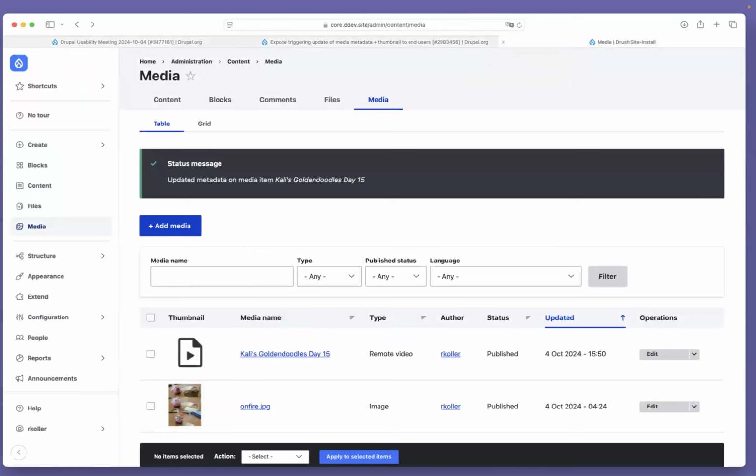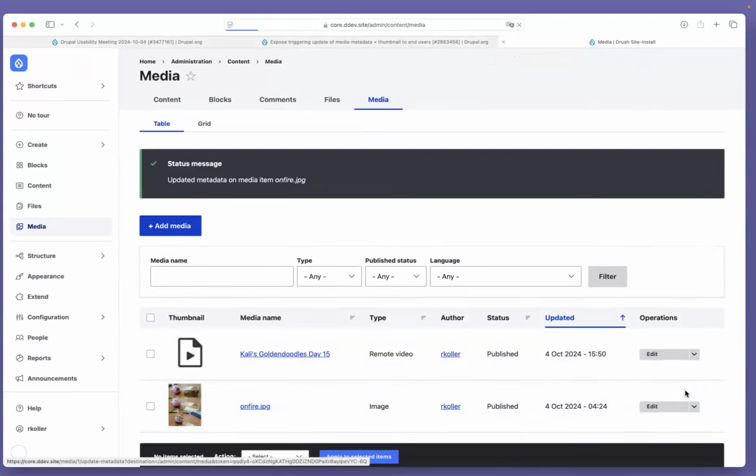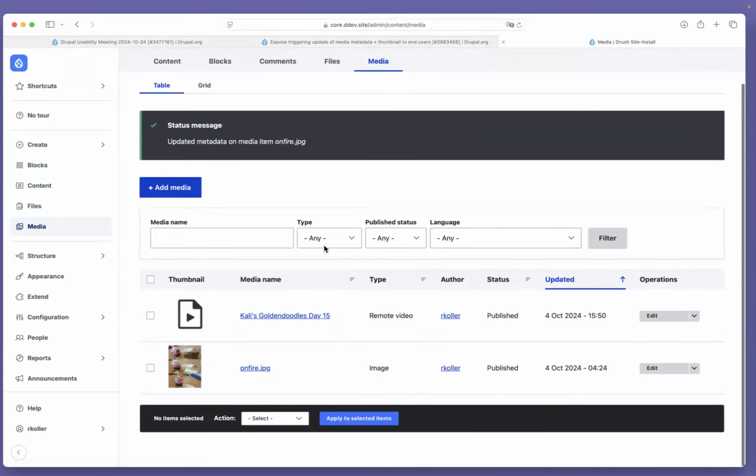Just for the context, last week we agreed that in case update metadata works, then that status message is totally fine. But we had a consensus that in case of an error, there should be a confirmation page.